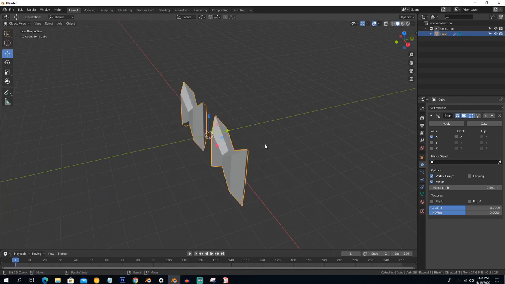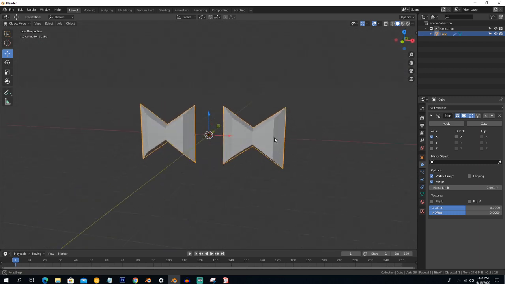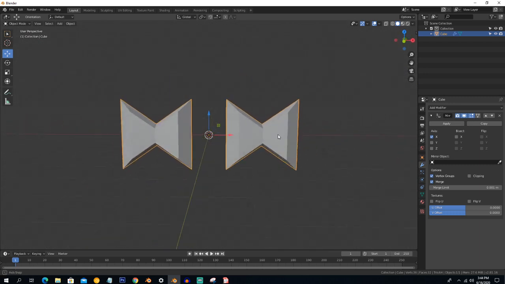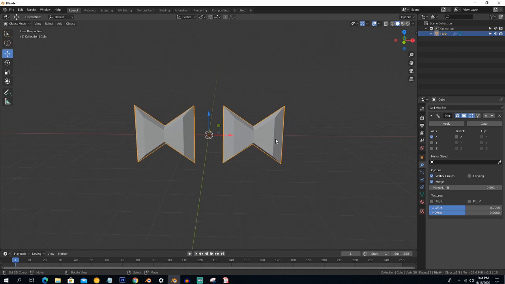So this is the working of the mirror modifier. You do the job on one side, and it will automatically be done on the second side. If I change the original model, the mirror modifier will also change this side.